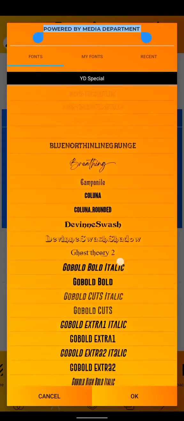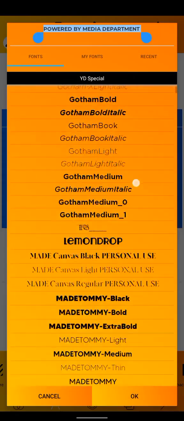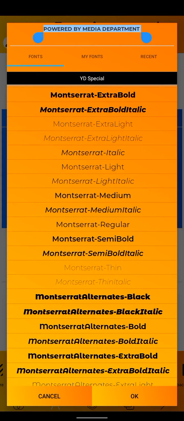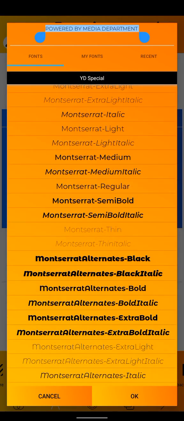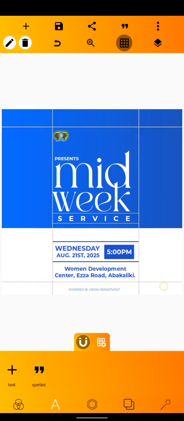So look for Montserrat Light. Let me use regular. Good. I don't really want people to see that part. So now, the design is looking fine, but there are still some switches you can make to look more visually appealing. And one other thing you can do to make the design look outstanding again,